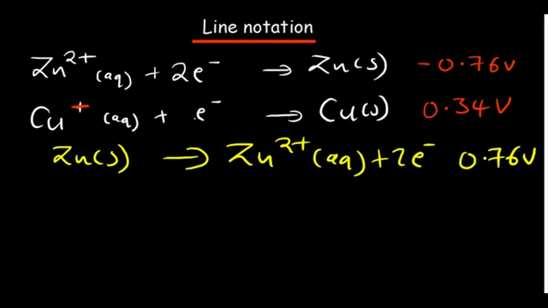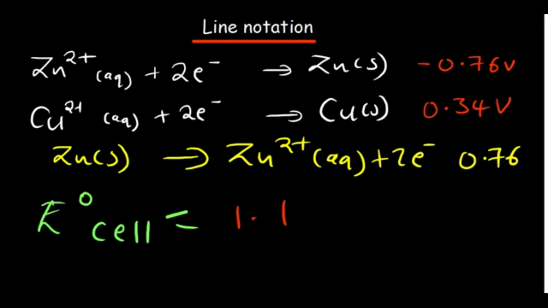Okay, so that is just necessary when they want you to come up with a balanced chemical equation for the given half reactions. In a case where they just want you to calculate the standard cell potential, it is not necessary, because these values don't change. They only change signs when you reverse the reaction. So as things stand now, our standard cell potential is going to be the addition of what we have. So 0.34 plus 0.76 will give us a standard cell potential of 1.1 volts. Okay, so this is our standard cell potential at 1 atm, 1 molar concentration, and 25 degrees Celsius, so 298